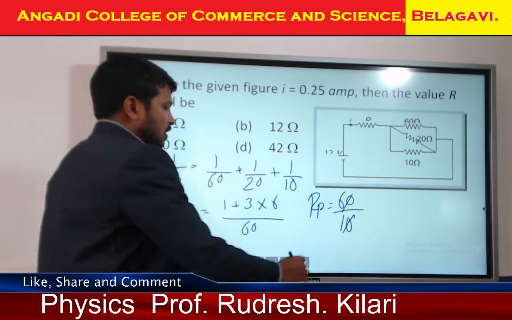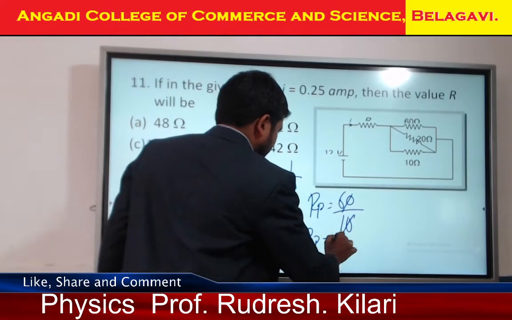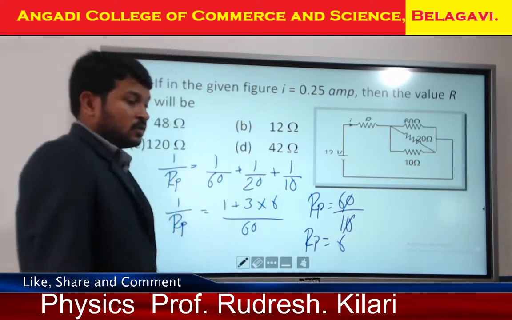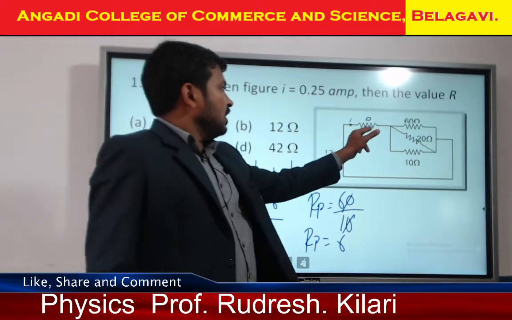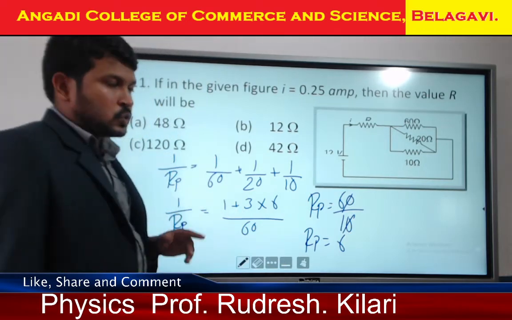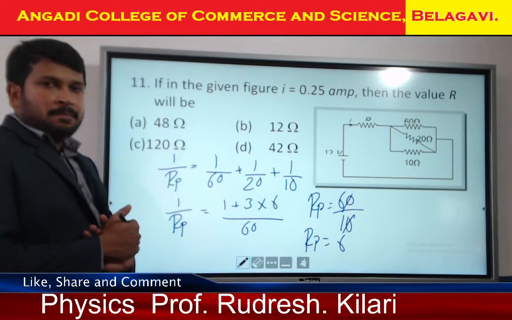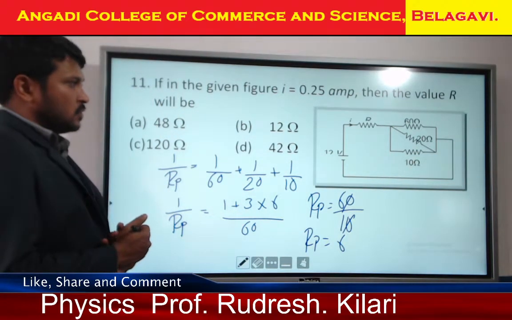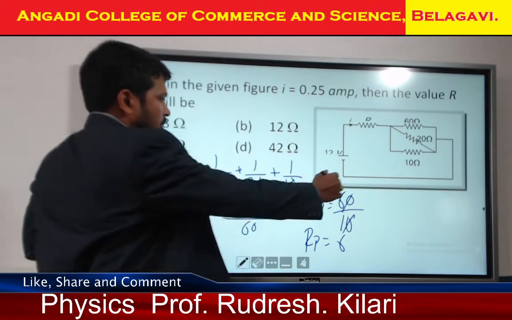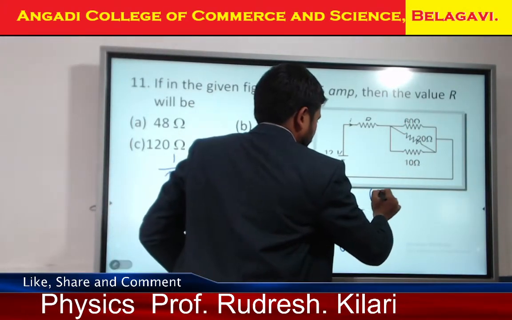Cancel. Okay. Rp equals how much do we get? 6. But what are they asking? How are these two connected? They are connected in series. Okay, I will use I equals